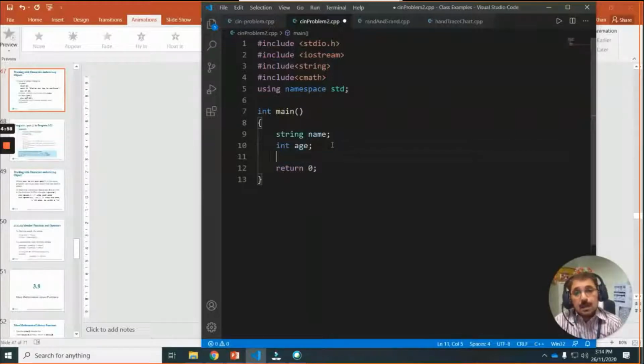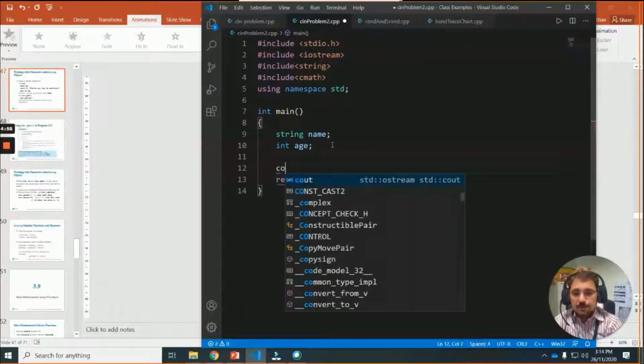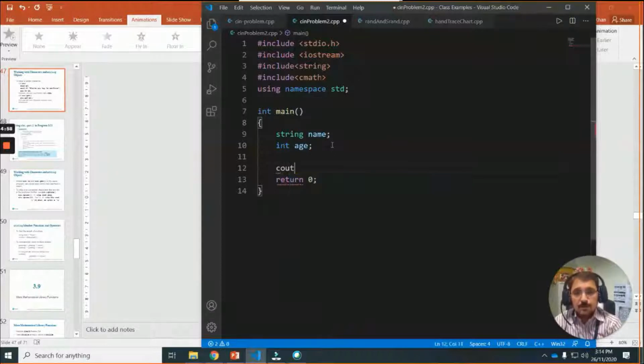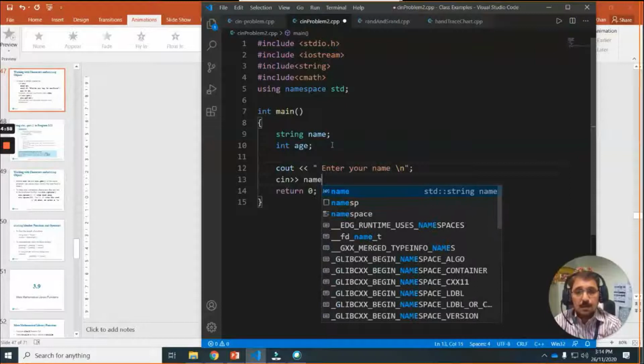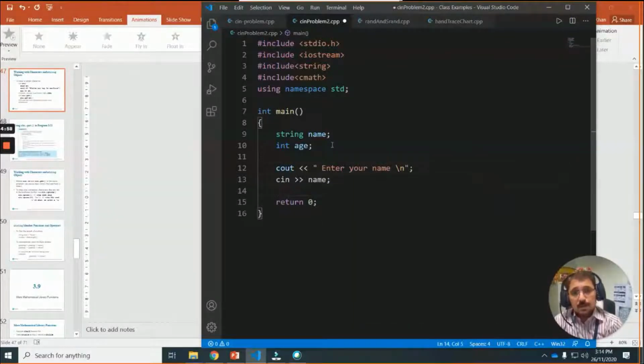You can declare many variables also, but at this point, if I type a prompt, cout, "Enter your name: ", and then cin name semicolon.